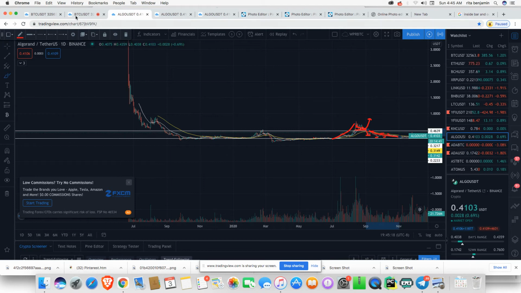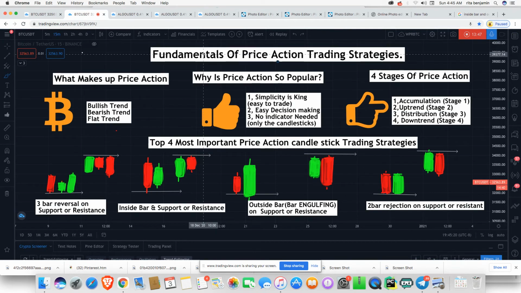So if you're able to identify this cycle and know what stage each market is at each time, you know if you are going to concentrate on buying or on selling or actually standing aside to see where the trend is going to go. So at this point, I am going to share with you the four most important candlestick chart patterns that I know. The first one is the 3-bar reversal. Now this is a very important